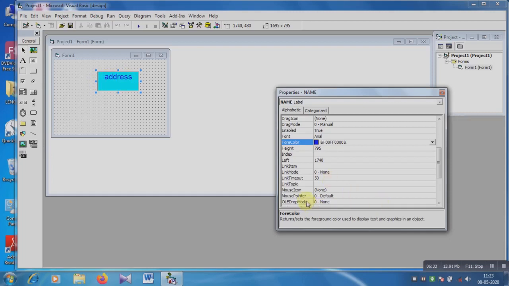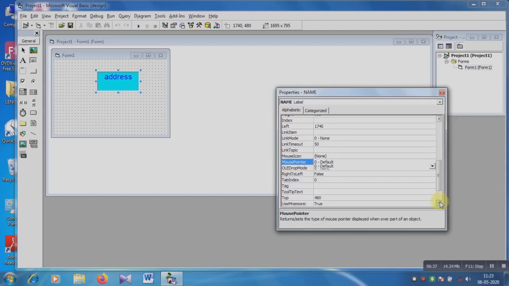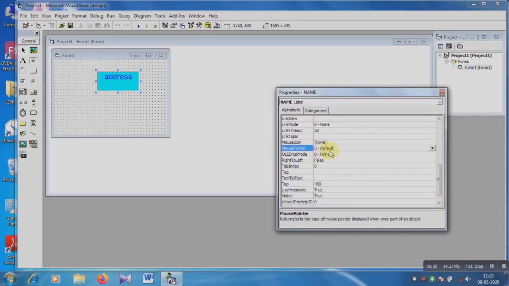Then mouse pointer. This option, the mouse pointer. Mouse pointer by default is 0, and you can choose different mouse pointers, meaning when you place the mouse on this label, the mouse pointer changes.